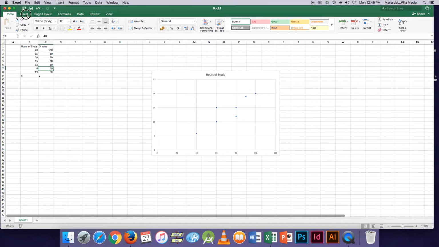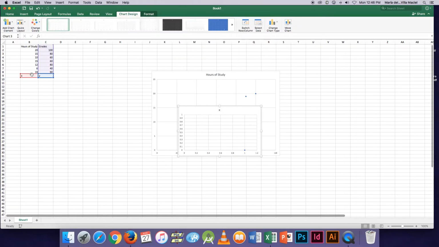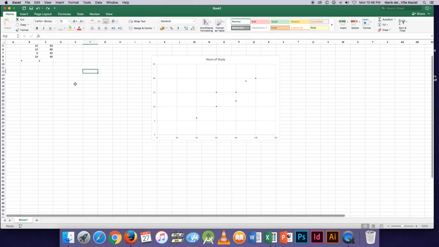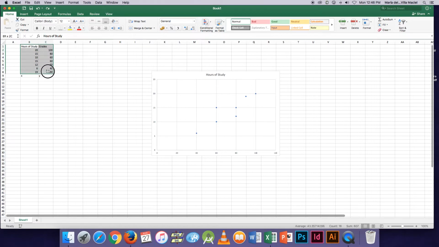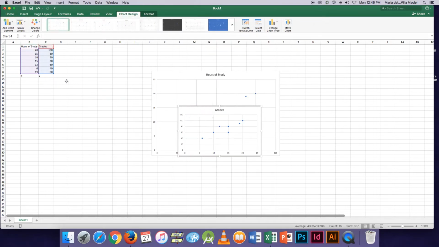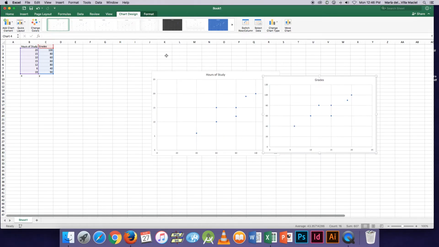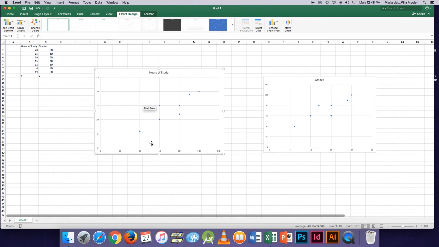And once you make again your insert and the scatter, just like that, if you see it is selecting something the other way. So whenever some crazy stuff is happening to you like that, then what I recommend is that you select both of them. You select the data that you want to make a scatter for, and then once you select it, you hit insert and then select again the scatter, and then you have now the right